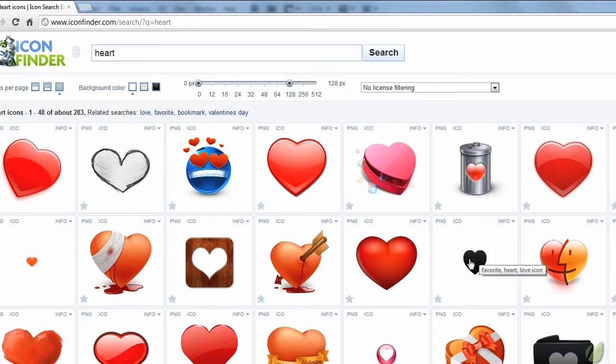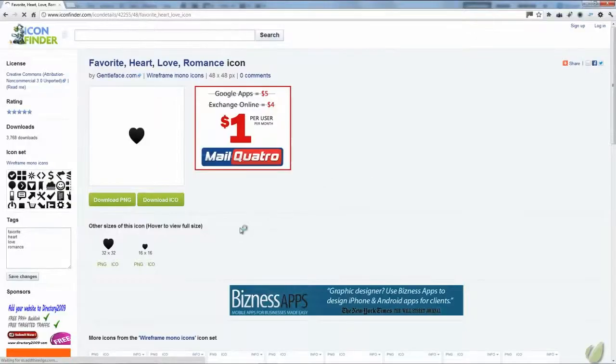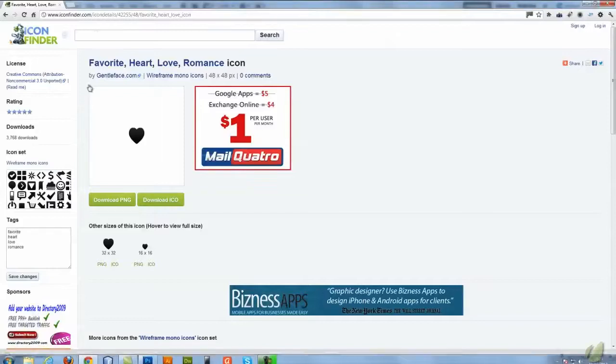Okay, so you click that, and sometimes you'll be given options whether to download different sizes. Obviously we're going to want the PNG file, so you can either download it by clicking this button here, or just click whatever sizes it offers. I mean 32 is fine by us, so we'll click that, download that,